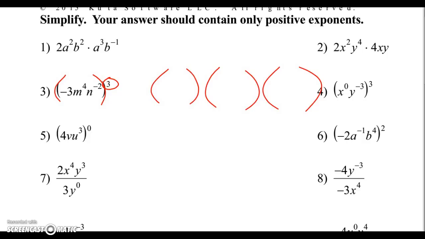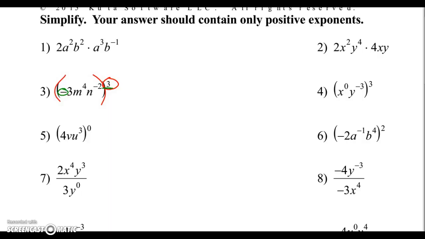So one thing that jumps out at me right away, and we don't have to do it the long way there. You can. It's just going to take you a little bit more time. That's completely fine. But one thing that jumps out at me is I do have a negative here, and it's to the 3rd power. That tells me, since the power is odd, that my overall answer is going to be